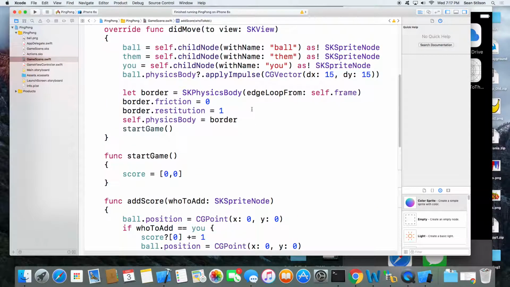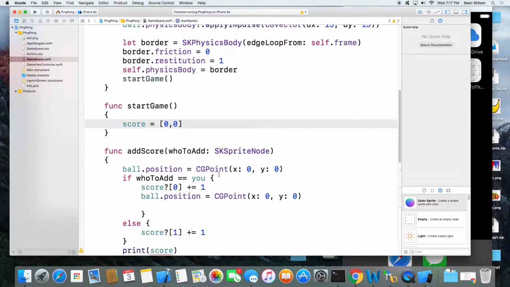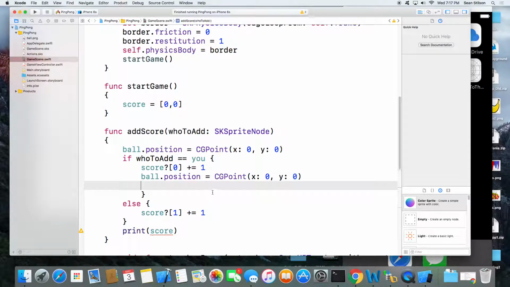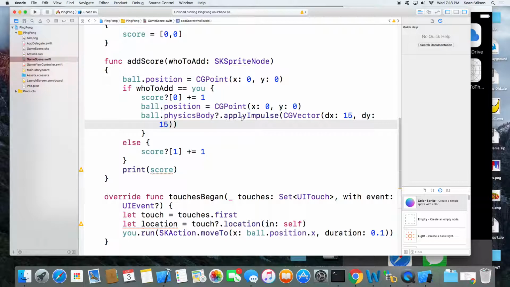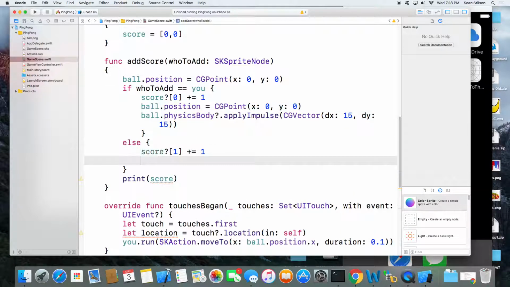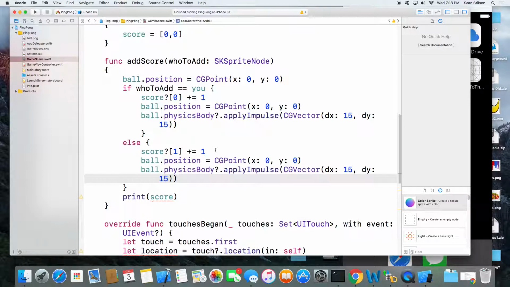And then we'll say ball. Let's copy this code up here. Ball.physicsBody, apply impulse. And then we can do the same thing if they score. Copy that code that we just put in there and put it in the else block.